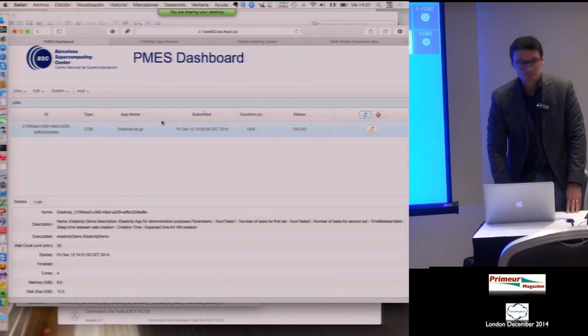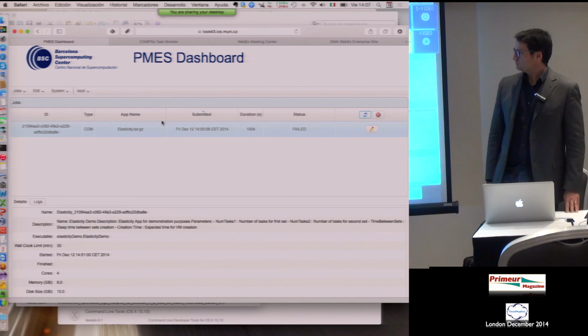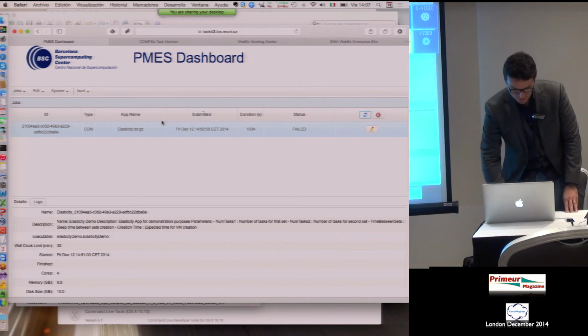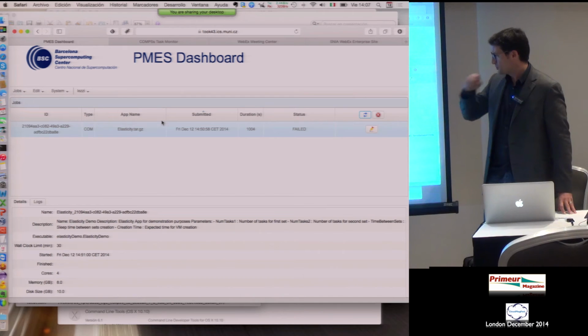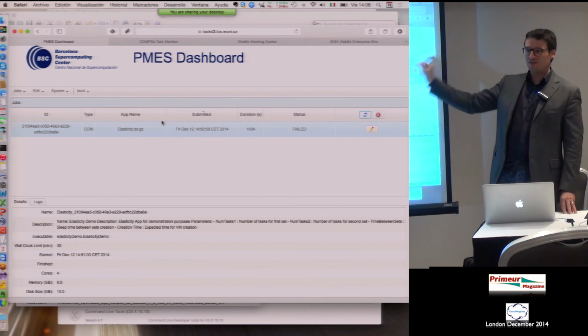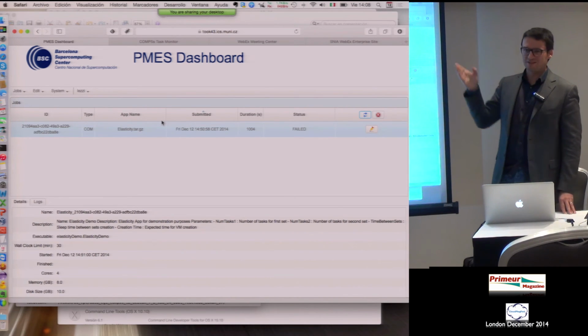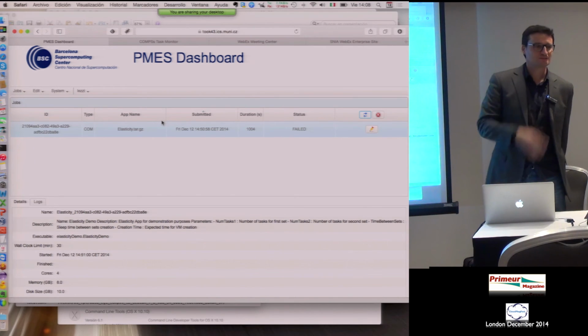So in that case, we might want to deploy... By the way, sorry, here the application is finished. All the virtual machines have been switched off. And here it failed maybe because the clock time wasn't set properly. So maybe the application at the very end has been cut by the system. But it's not important, sorry.